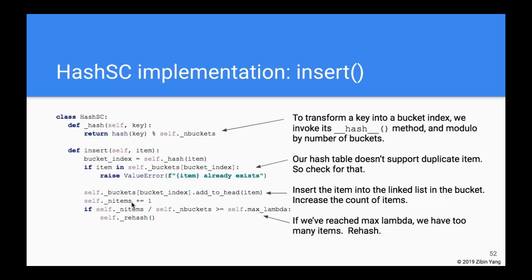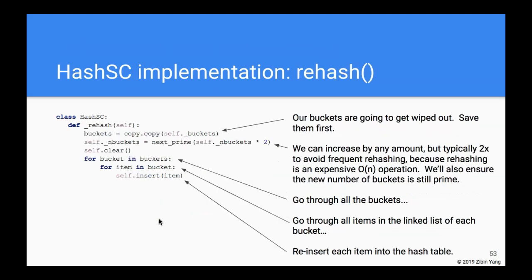We increase the number of items, and the important thing now is that we have more items in the hash table, so we check the load factor. If the number of items divided by the number of buckets has reached the maximum lambda, then we should do a resize and rehash. And how we actually do that